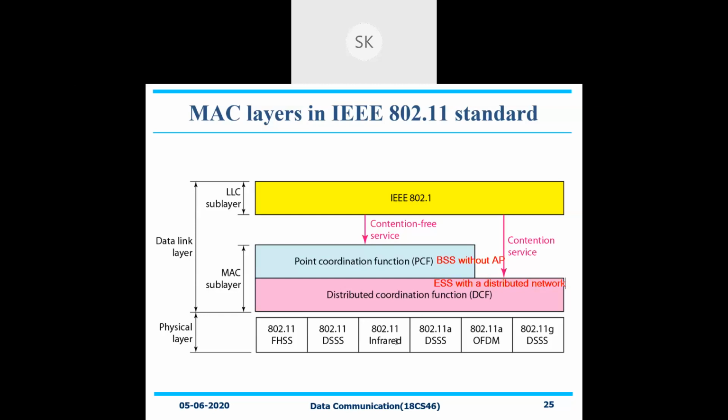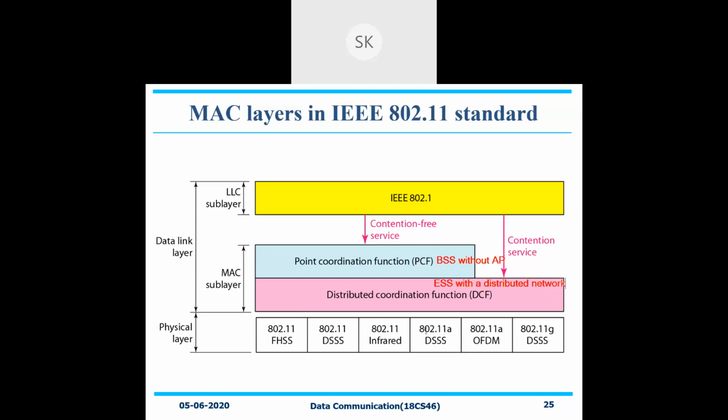Infrared is nothing but communication from your remote device. That is, a remote will be there with respect to any one particular thing. With respect to the television, if we are talking about it, a remote will be there. You'll be pressing one particular button, and it will take effect on your television. It will be seen on that particular monitor, right? So that is nothing but your infrared transmission that is going to happen. So that's also a wireless communication.